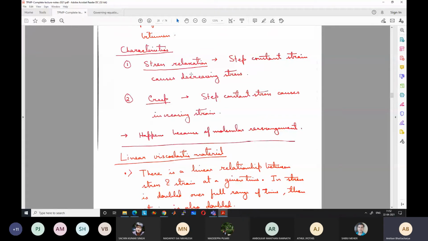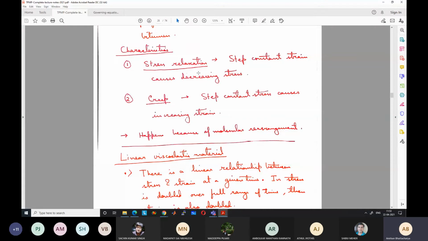But for this type of material where stress relaxation is there, if I elongate the spring by X amount, gradually the stress will start decreasing. Initially the stress will be K into X, but with time the stress will decrease from K into X, and it will gradually keep on decreasing with time. So the stress decreases with time, although the strain is constant. That is why it is different from a normal elastic solid, because it shows the stress relaxation property.